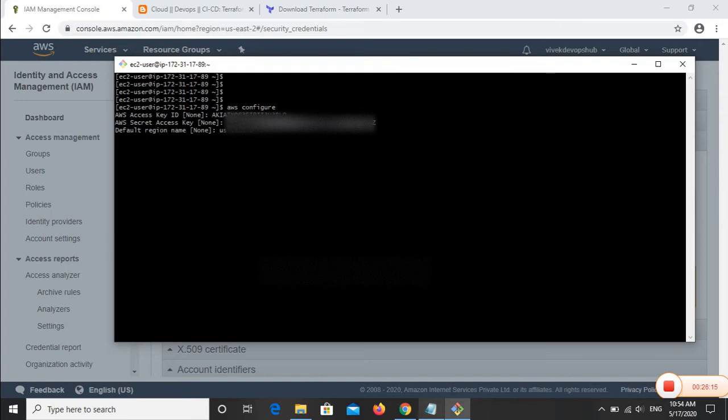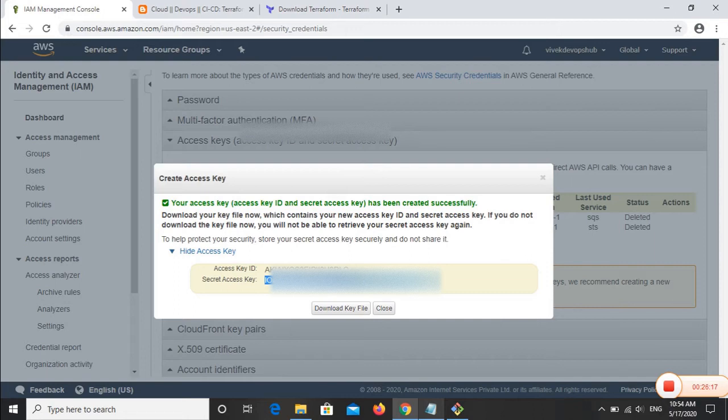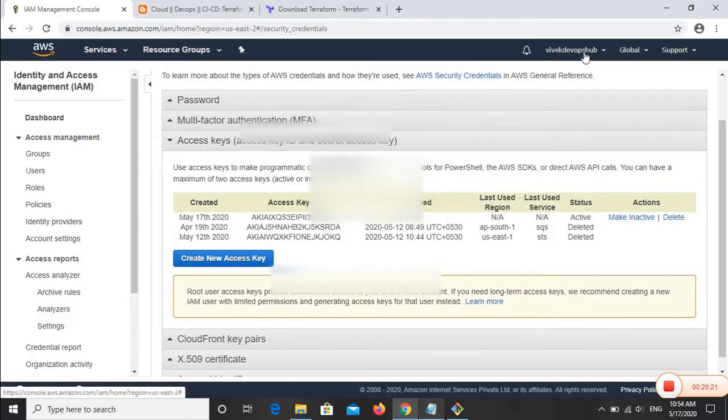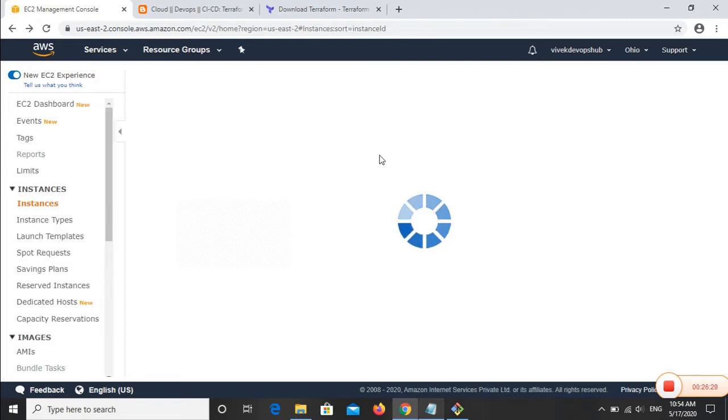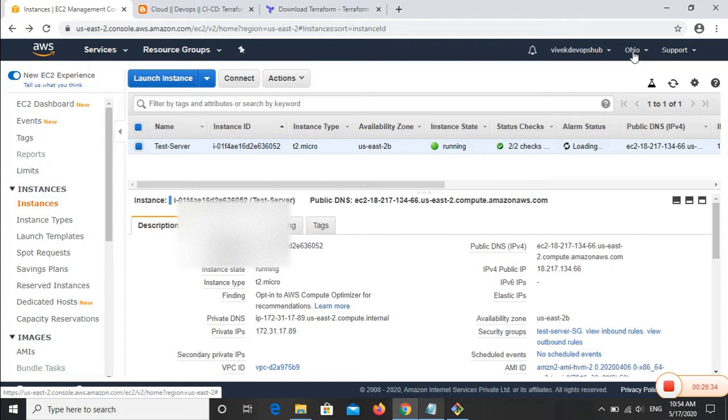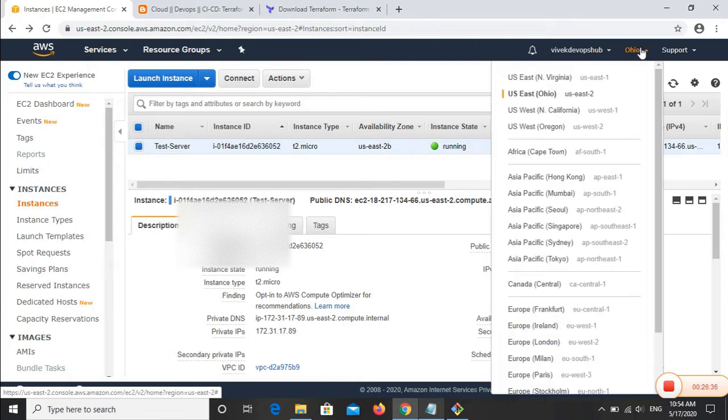So how to get the region? To get the region, we have to go to the AWS console. In the main AWS console page, we will click on the top right corner drop-down related to the region, and you can see all the regions have their specific code.